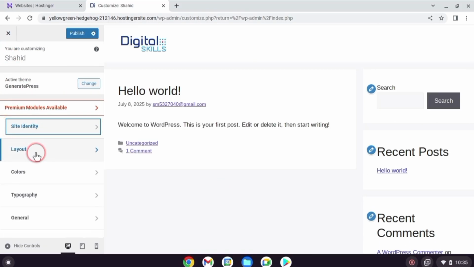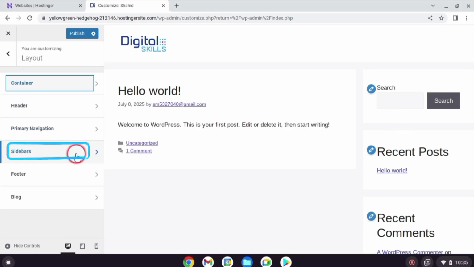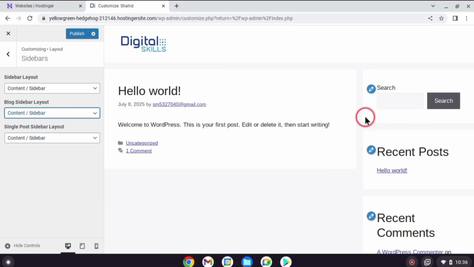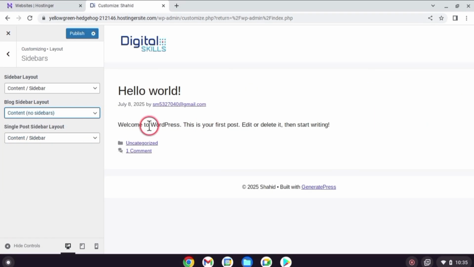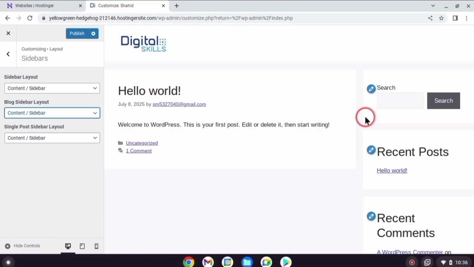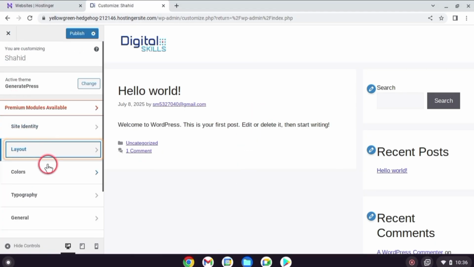Next we will go to the layout option. Here you can choose if you want a sidebar on the right or left side or no sidebar at all. But since we are making a blogging website, I recommend keeping the sidebar. It helps your visitors easily see posts, categories and other widgets. You will also see more layout options here, but we will leave them for later once your website is fully ready. So go back